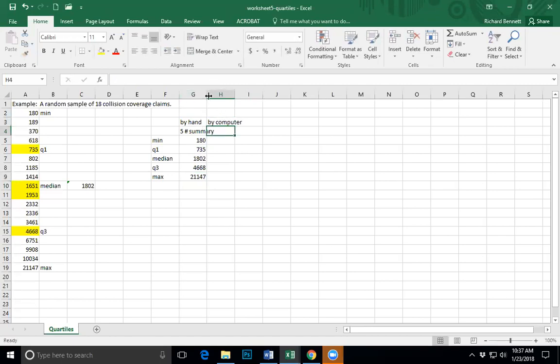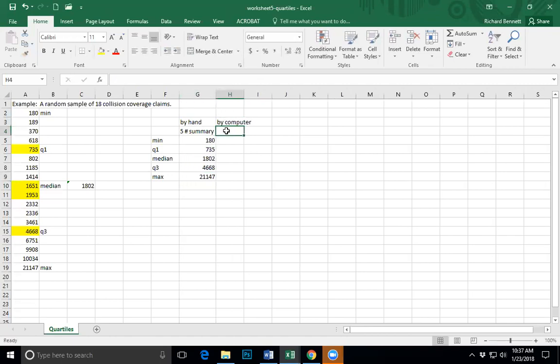Okay, the computer is going to use a slightly different method, but let's think about this for a minute. If you were Bill Gates and you could come up with any command you wanted to find the minimum, what command would you use? Equals min. How about that? Okay, and now I'm just going to highlight my data. And, oops, I put that in the wrong spot,